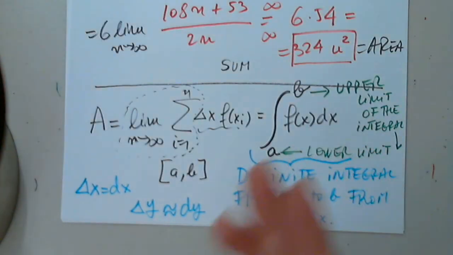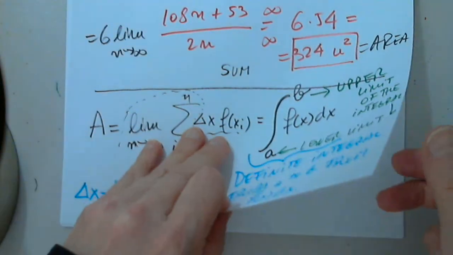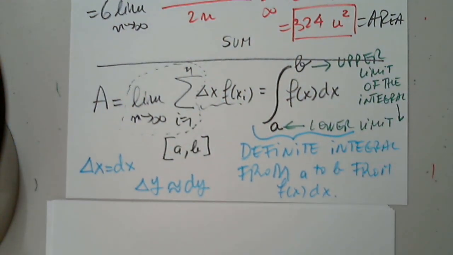How do I calculate this? The requirement here is crucial. The function must be continuous. So when we have this